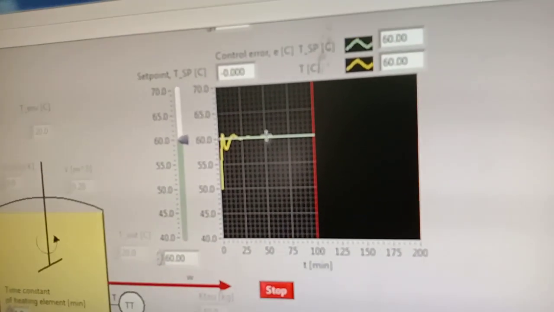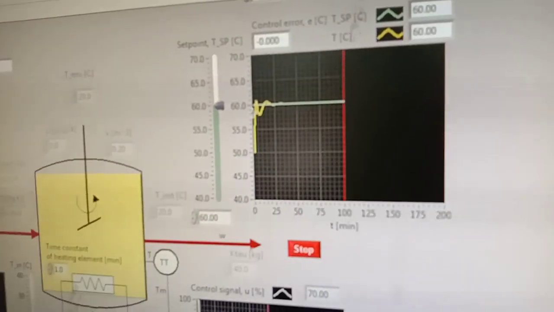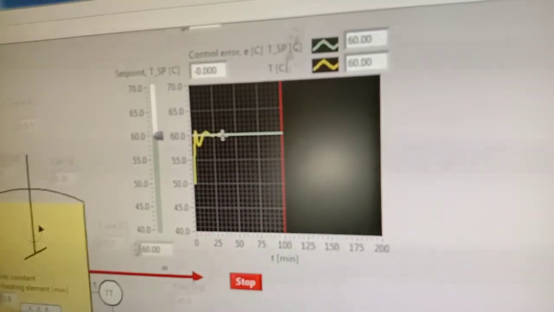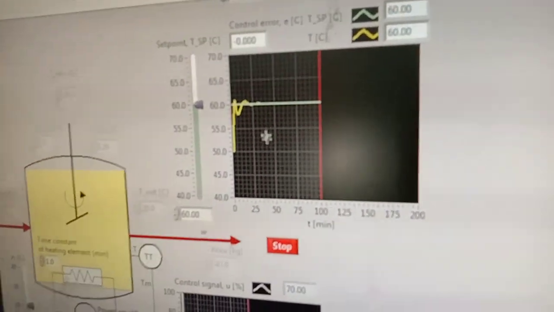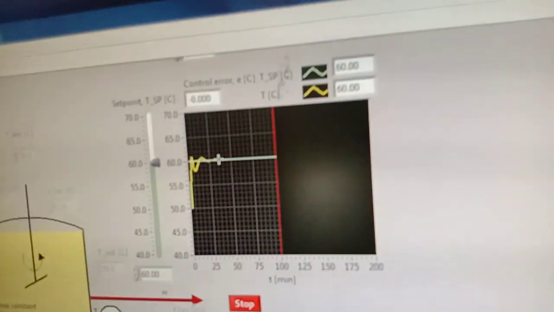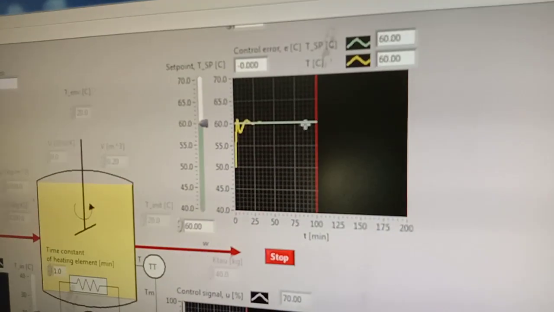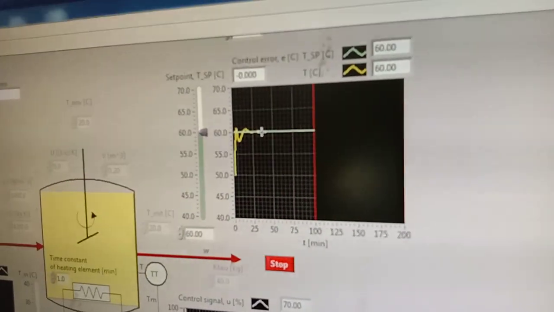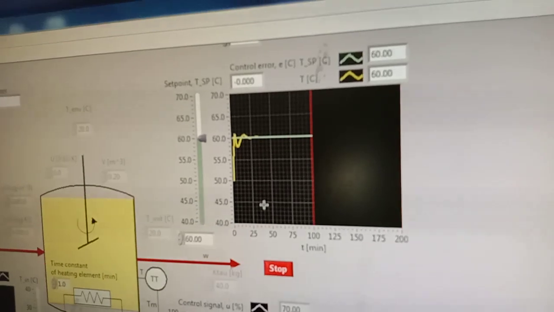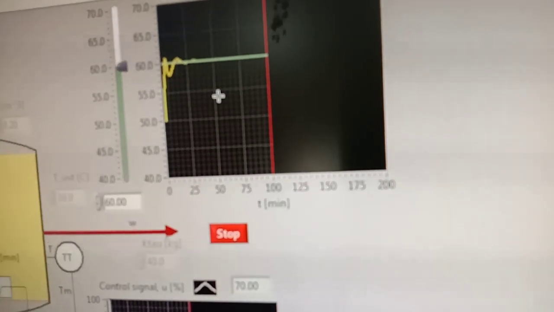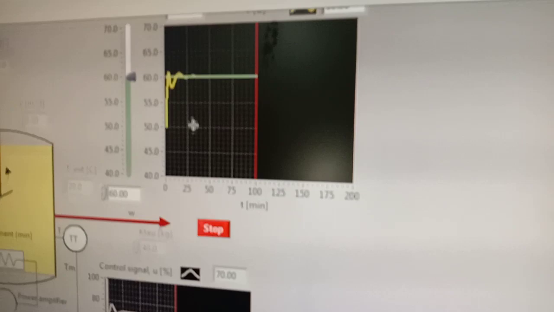Whatever oscillations you can come across, you can see that this oscillation is there. After some time it is achieving the set point goal. Okay, so what is the time it is taking for the given values, that is 5, 250?